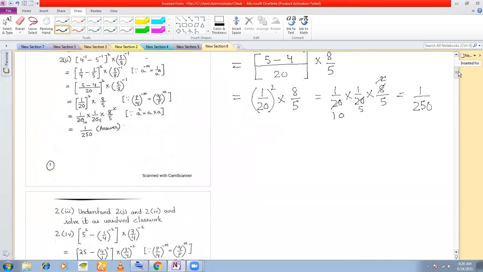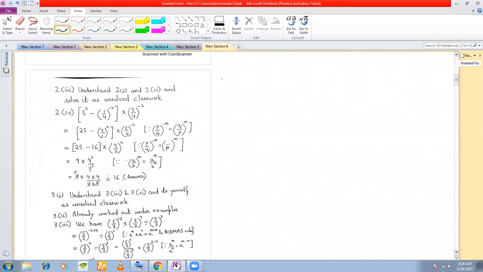Okay. Moving on to the next one. Again, you need to simplify this. 5 square minus 1/4 to the power of minus 2 into 3/4 to the power of minus 2. Again, my first duty is to convert all the negative powers to positive powers. So 5 square is positive power, so I write it as it is. No problem here. 1/4 is a negative power, so I take the reciprocal of 1/4, which is 4. This becomes 4 raised to the power of plus 2